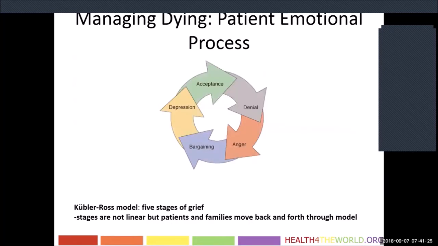Many of you may be familiar, this is a pretty famous model, the Kubler-Ross model, the 5 stages of grief, and there has been a lot more research to say maybe that we don't have 5 stages, it doesn't quite work this way, it's not linear, but I still think it's important to go through because many patients will go through some version of these stages. It's just not linear, and you can slide back and forth.